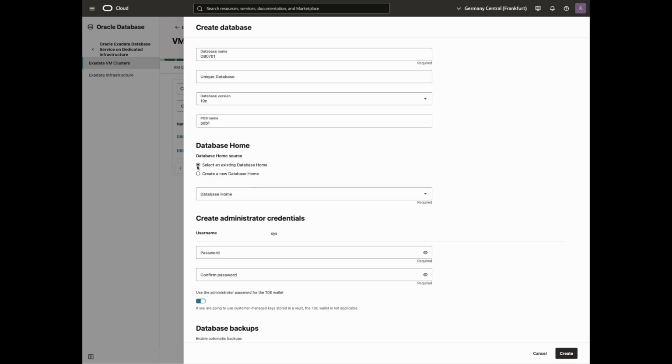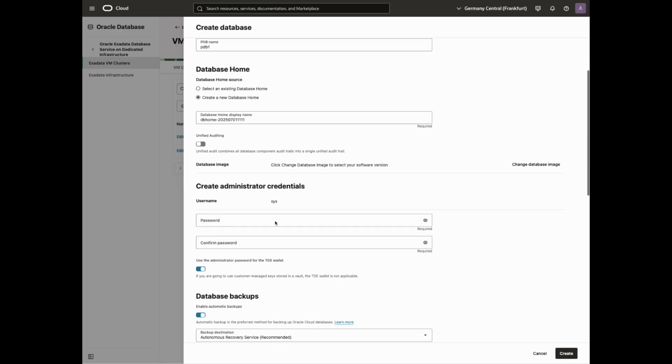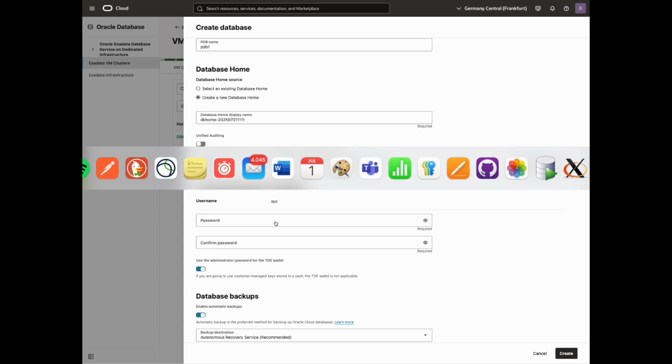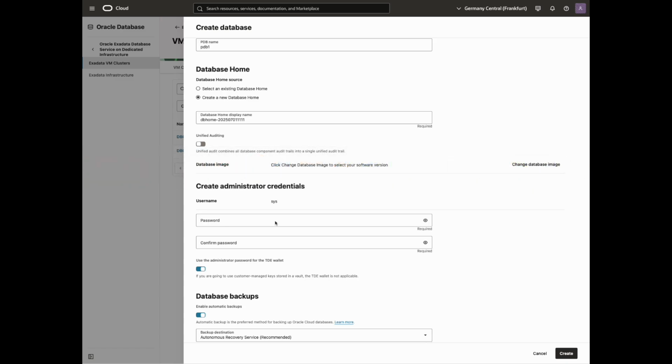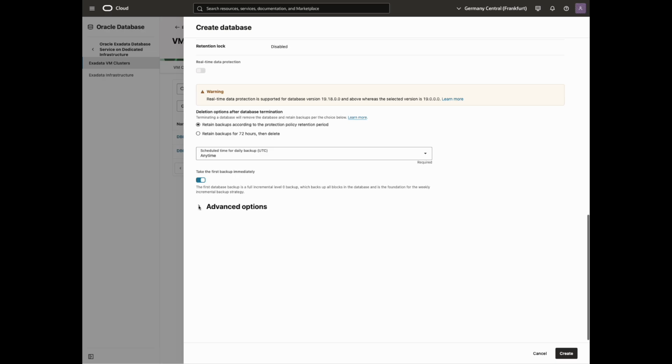I select an existing database home, create a new one. Then here I give the password. Let's copy and paste, not to make any mistakes. So this is my password. And that's it. This is not relevant because we're not going to use the TDE wallet, and for that I will continue to the advanced options,